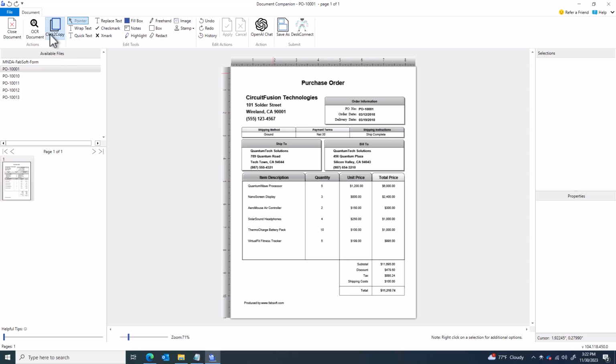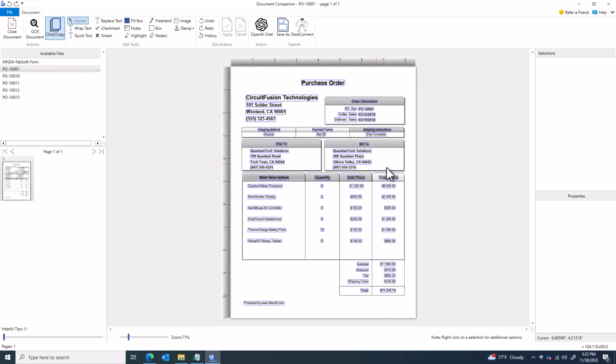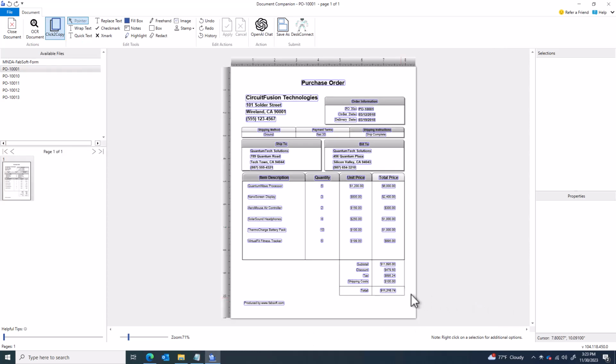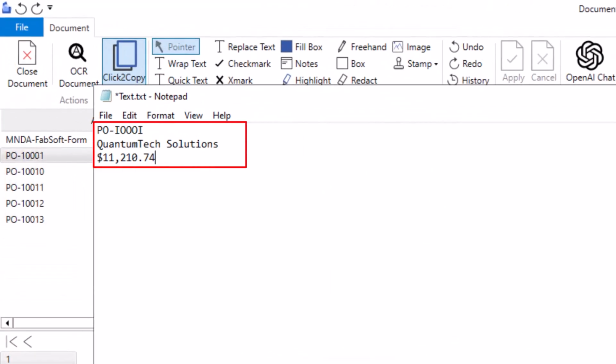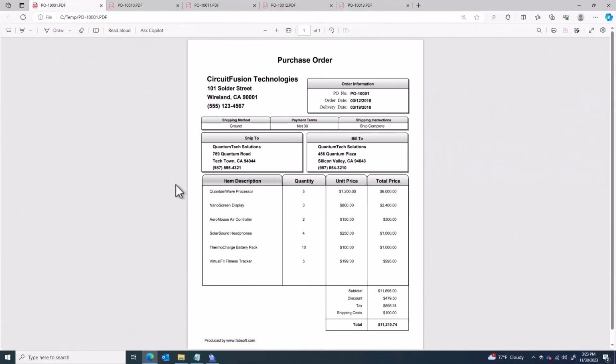To begin, Document Companion offers users the flexibility to OCR entire documents with ease. The click-to-copy feature simplifies extracting text segments, empowering users to efficiently collect any OCR text data they need from their documents. While these features involve some manual copying of the OCR text data, users seeking a more automated approach can